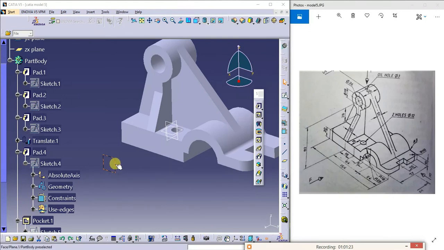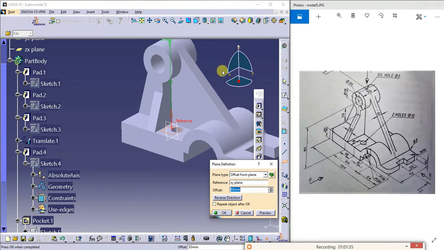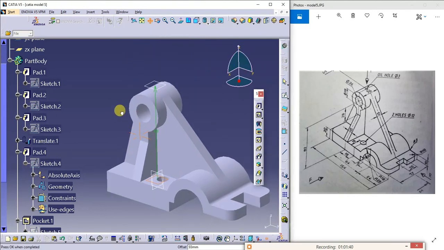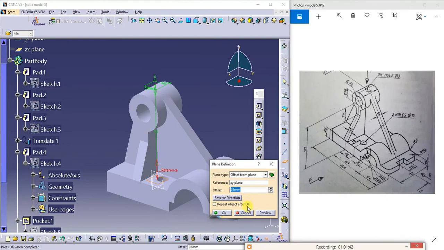Sorry, not this plane. I need to shift this plane. So I'll delete this. I'll take this plane to what height? See, I'll take it as 93, because I want this plane exactly at this.